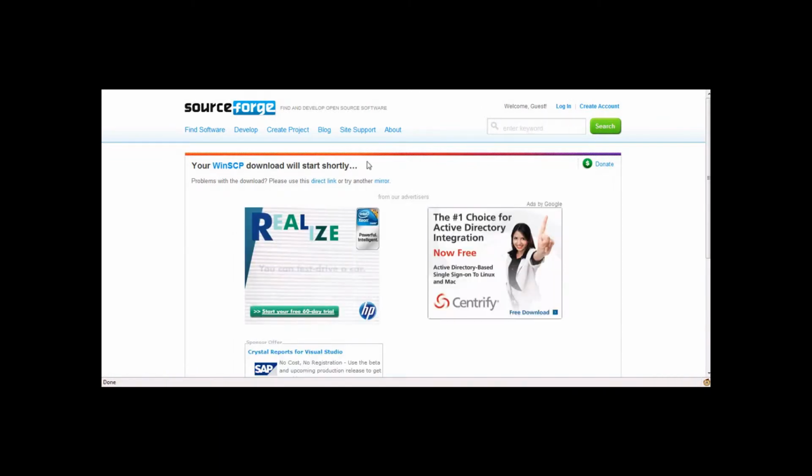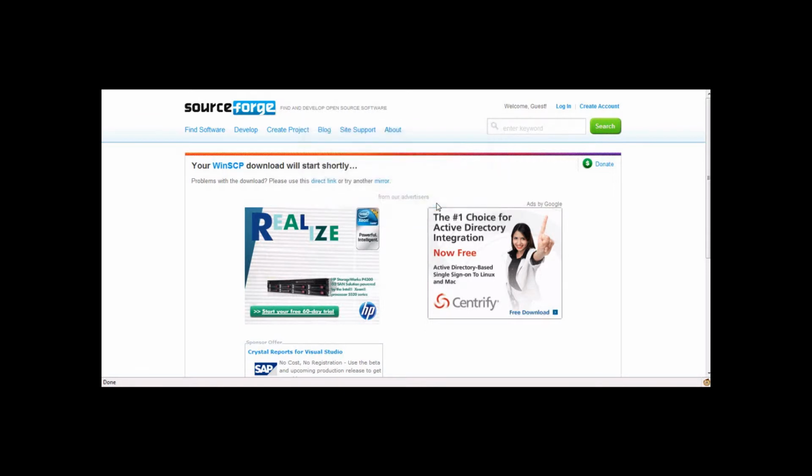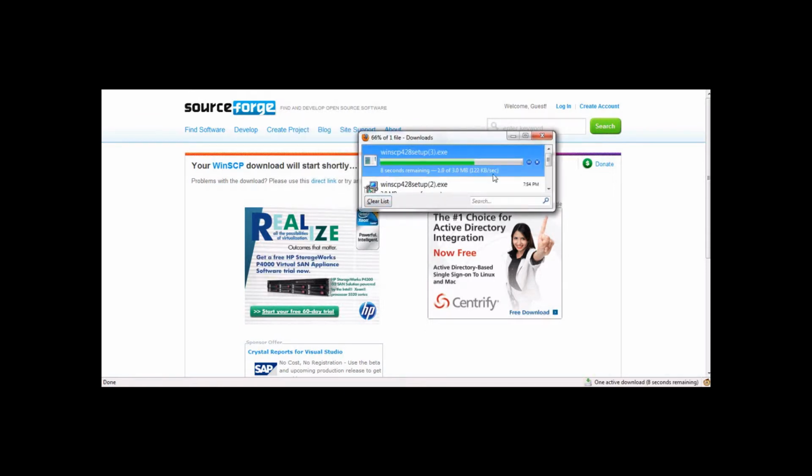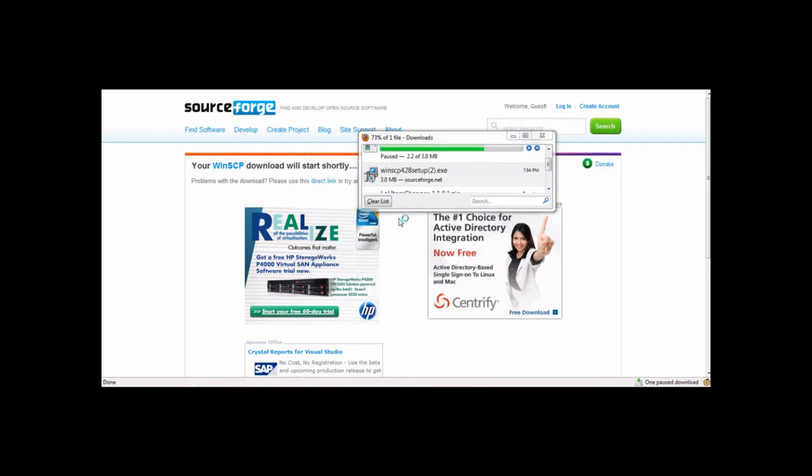and it should say your download will start shortly, and come up with something like this. If you're using Chrome, Google Chrome, it'll be at the bottom. Just click on it and then click save file, and then it'll go ahead and download for you. I've already downloaded it, so once it gets done downloading, just right click it and hit open, and then click run. Give it permission if it asks,